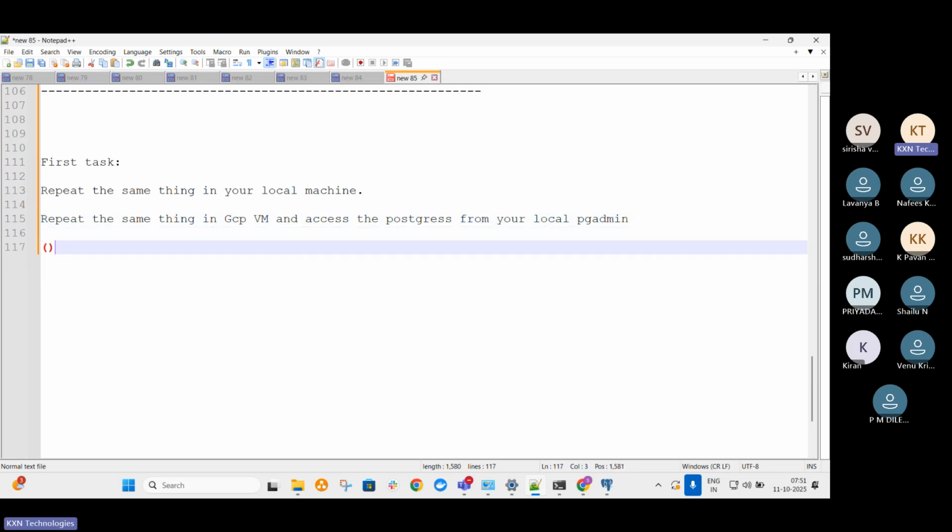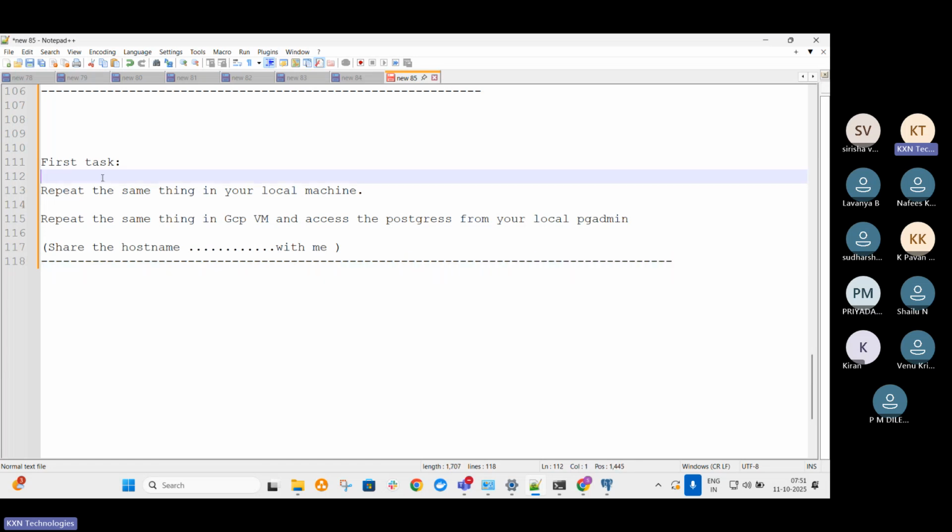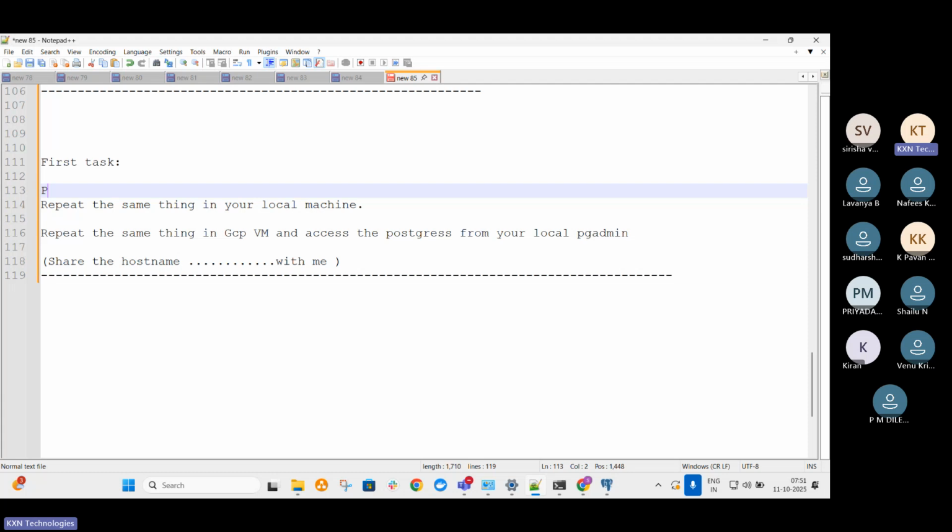So I think you have to share the host name and other details with me. Okay, I'll test whether you have completed the task or not. Once you complete these two, these two are top priority. So this is P1 work actually, priority one. So priority two,